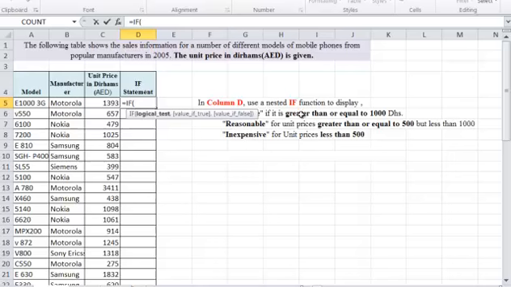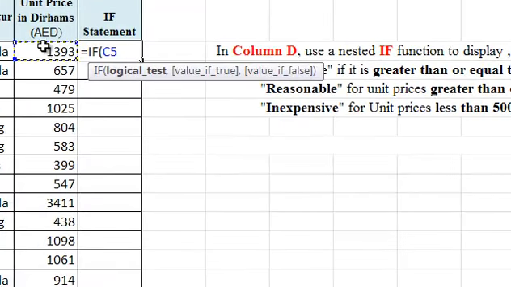If the value is greater than or equal to 1000 dirhams, it is expensive. So if the price in dirhams is greater than or equal to 1000 dirham, it is expensive. So the true value is expensive for that. The criteria is expensive,